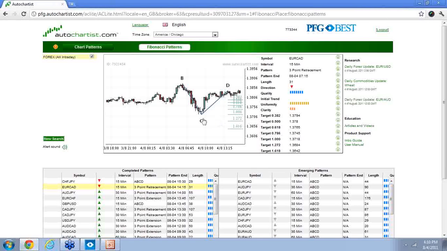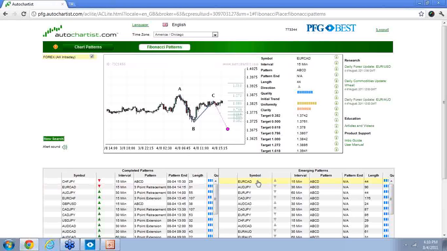If you're not getting a lot of these rapid turnarounds in the marketplace like we have in these Fib patterns, then you may want to flip back to chart patterns. So it's knowing that rotation that helps you to become a better trader and a better analyst. Okay? Now when you look at emerging patterns on the Fibonacci,